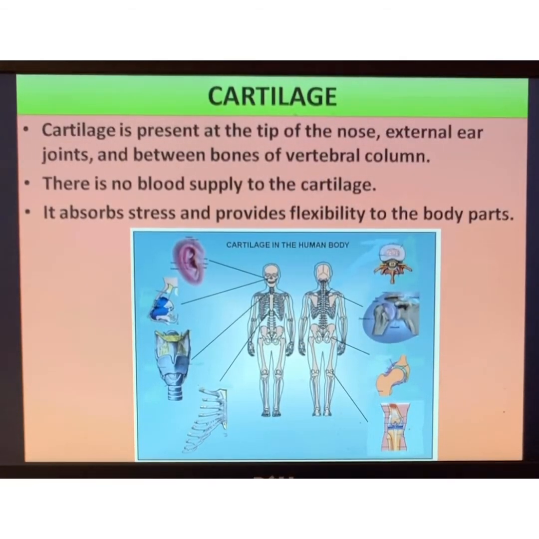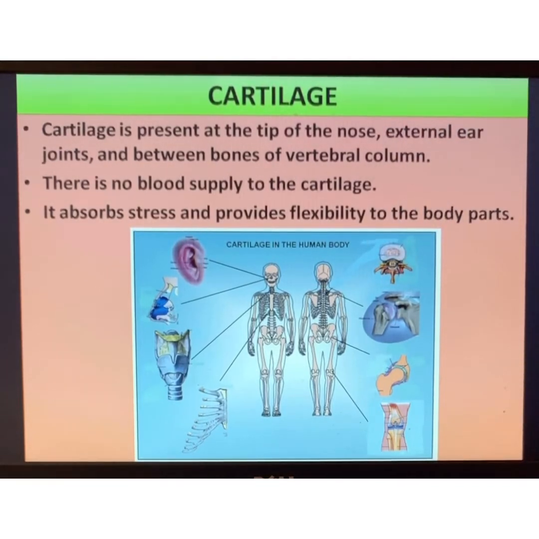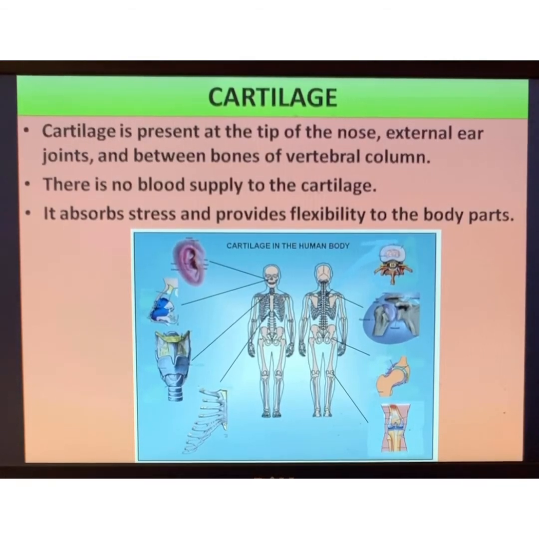Then also, this is one single vertebra where the attachment to the next adjacent vertebra is with the help of, again, cartilage. Cartilage is present in all the joints of bone. Wherever there is a joint in the bone, there will be cartilage. It helps in forming a cushion. All right, so cartilage is basically not supplied by blood. And though we cannot call it a dead tissue, because it is supported by the other tissues that are present around,